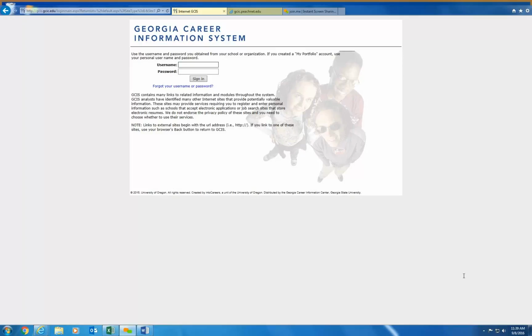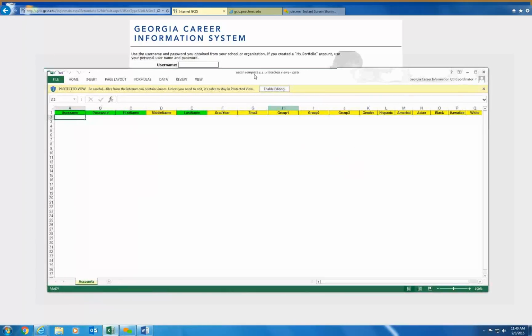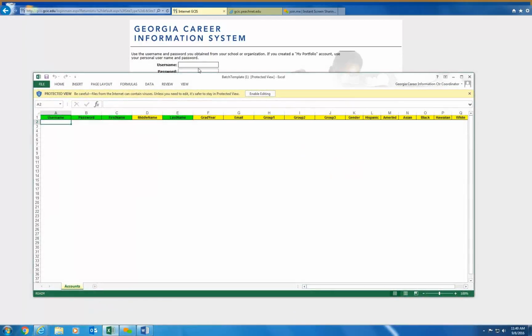If you would like to either create them yourselves as a site coordinator, or you would like for GCIC to complete them, we actually have a spreadsheet that I'm going to show you real quick that you would just include the information on. And if you are uploading this information, you can actually copy the information from your SIS and drop it into this spreadsheet.